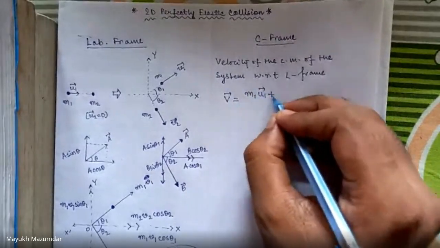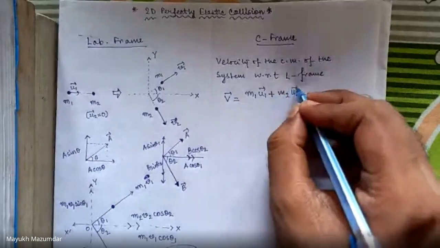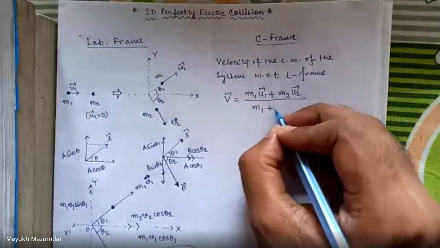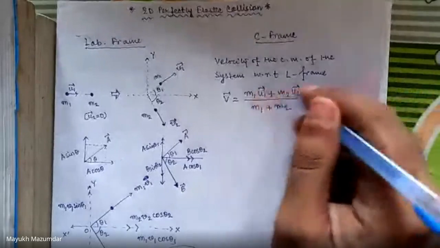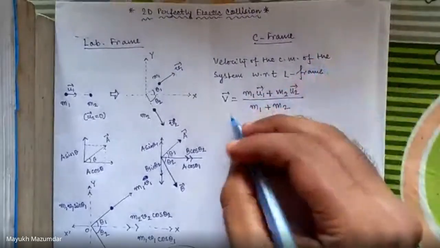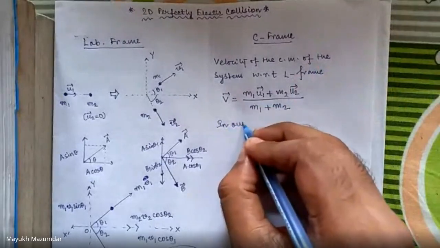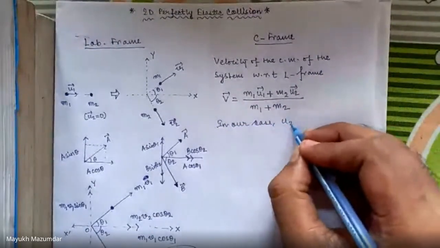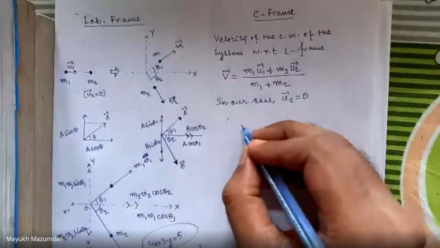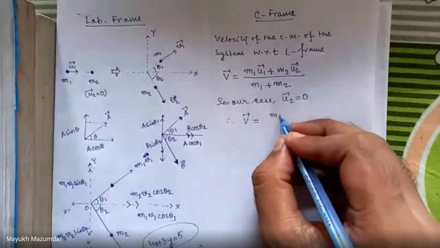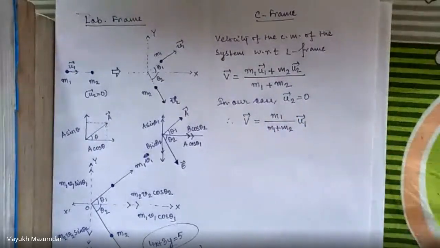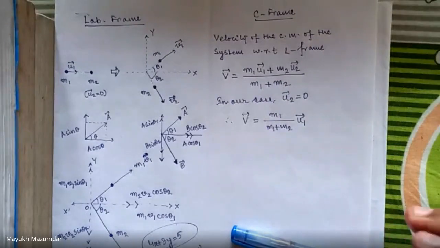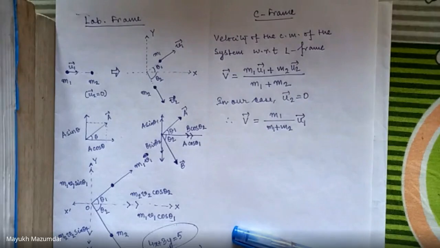So you know this is the formula. The position coordinate vector is m1 r1 plus m2 r2 by the sum of masses. The time derivative of that will give us this. So in our case, u2 is 0. Therefore, our v is m1 u1 by m1 plus m2. Okay, so tomorrow we'll proceed further to see how we can get some deeper insight